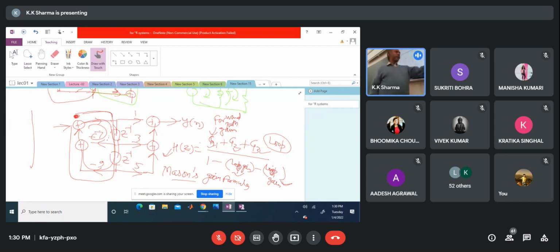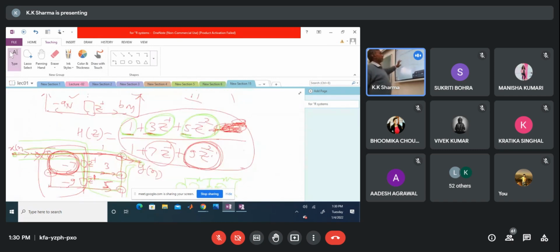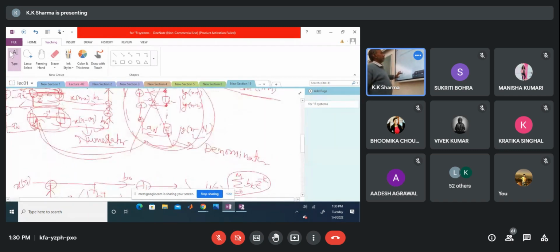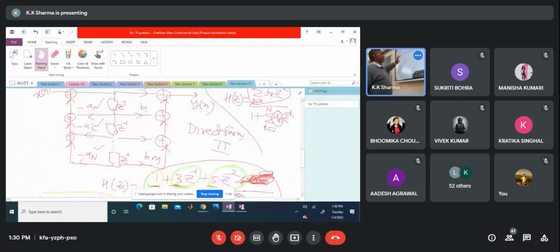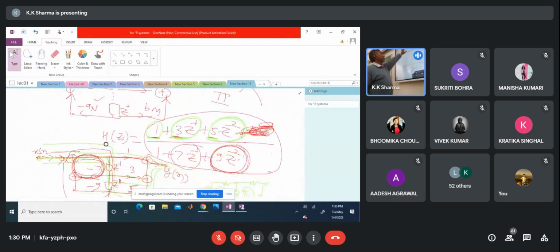It should be 1 minus loop gain. That's why minus sign is coming here. Because in the original h of z, I was having, where is my h of z? Here. This was my original h of z given to me. Because all the terms are positive here, this will represent G1, G2, G3. This will represent first minus loop gain 1. This will represent minus of second loop gain.